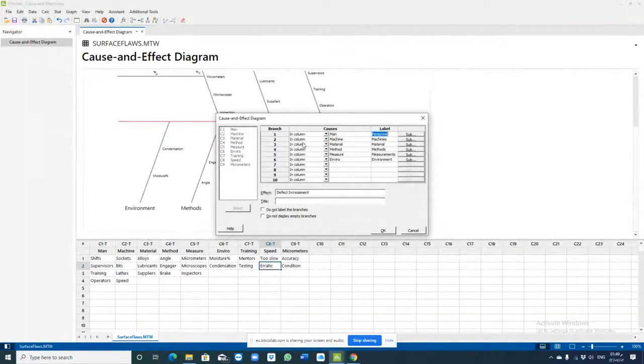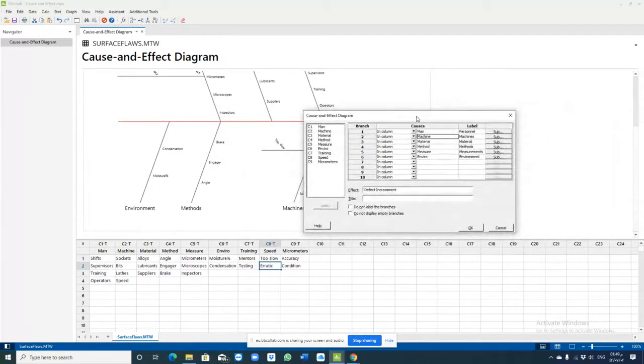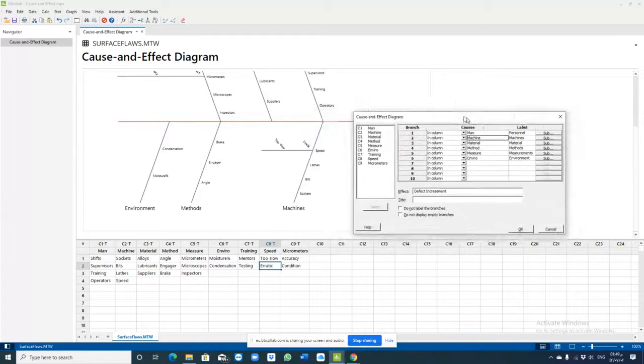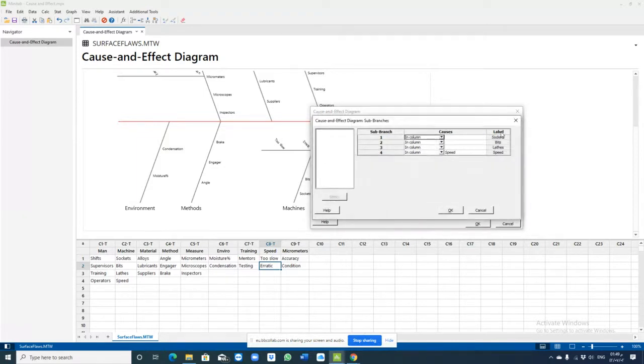have the data for the personnel. For the machine, you also go for C2, you go for C3 for the material, and so on. But if you have, for example, like what we saw there, for the machine, there are sub-causes under the speed. So what we do, we go to the machines and we press on Sub here on the right, and when it opens, it will show you all the labels you identified already from your data that was under machine: sockets, bytes, lattice, and speed. You see them here,